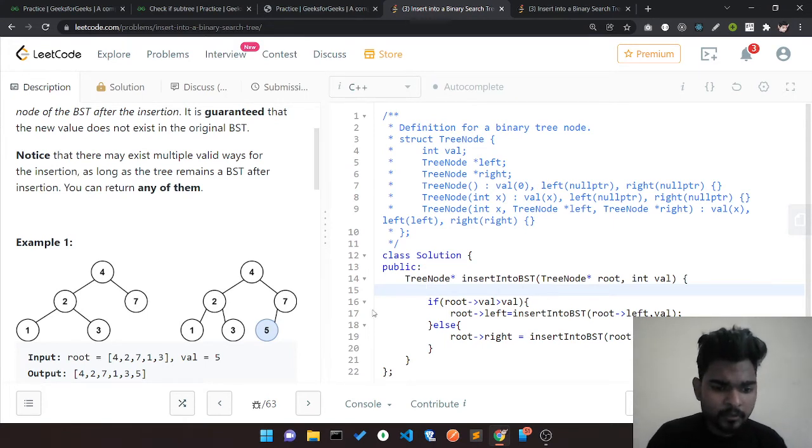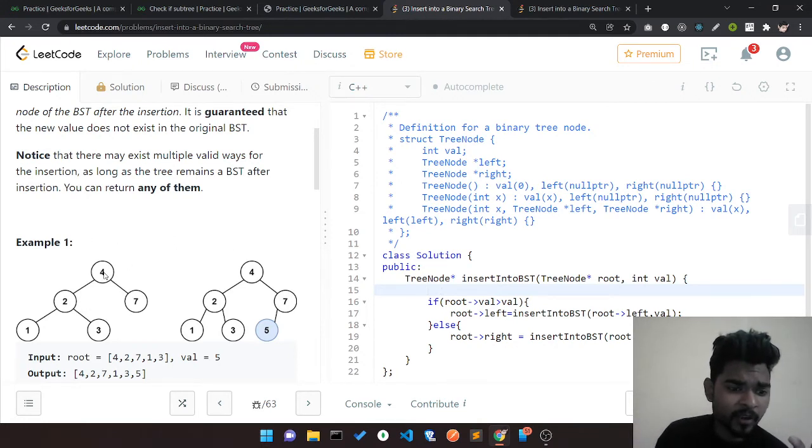So where is 5 inserted? When my current node reaches null, then I insert my 5. Could you notice that thing? In that case, we have 5.